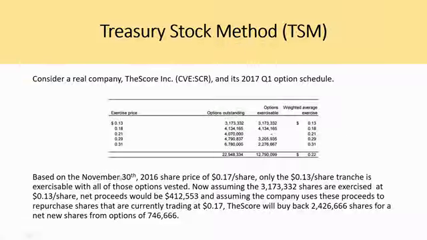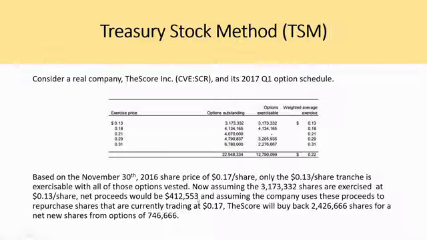Based on November 30th, 2016, the share price of 17 cents a share, only the 13 cents a share tranche is exercisable with all of those options vested. Now, assuming the 3,173,332 shares are exercised at the 13 cents share, net proceeds from that would be